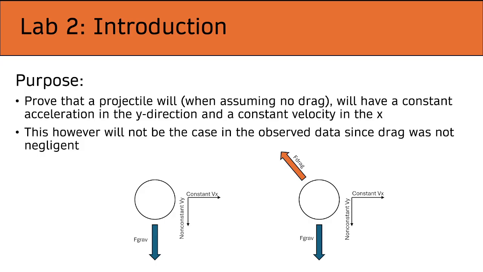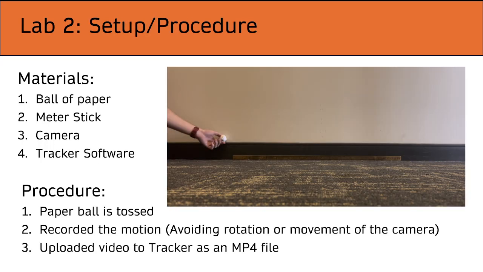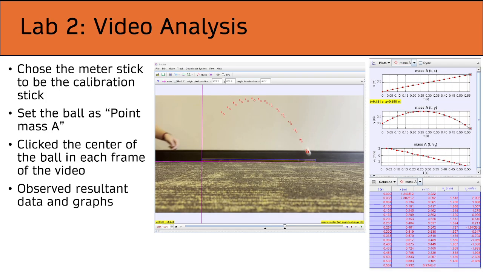the free body diagrams. To do this lab, we used a ball of paper, a meter stick, camera, and Tracker software. The paper ball was tossed, and then we recorded that and uploaded it to Tracker as an MP4 file. I chose the meter stick as the calibration stick, set the ball as point mass A, and then clicked on the center of the ball in each frame of the video, and then observed the resultant data and graphs, plugging